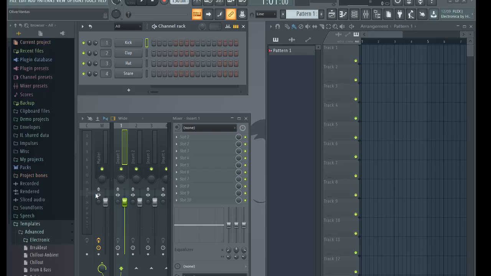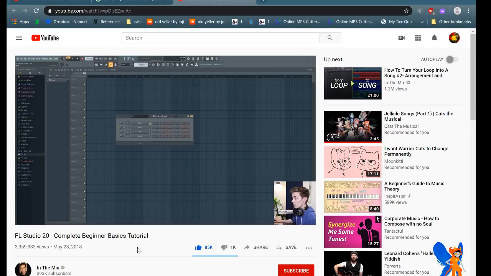This channel rack is where all of the samples and instruments in our project exist. When you open up FL Studio, it loads with these 4 samples, kick through to a snare. You can add whatever you want to this. So if I go to the browser, which is on the side, and if it's not here, just drag out from the side. I'm going to go to packs, I'm going to go to drums, kicks, and you can just